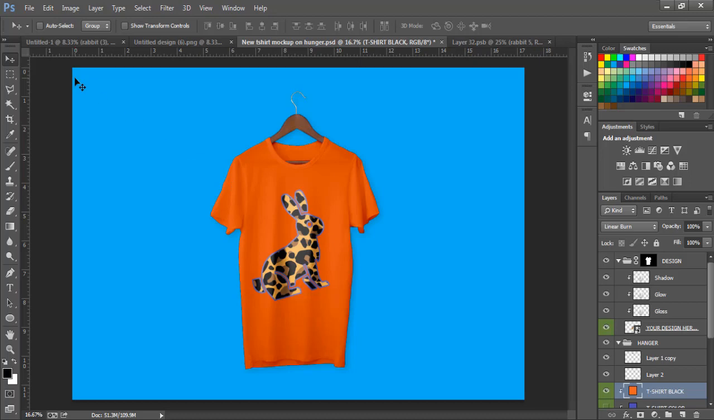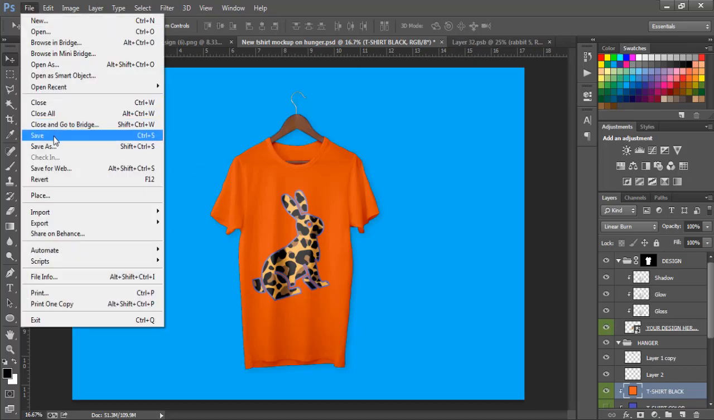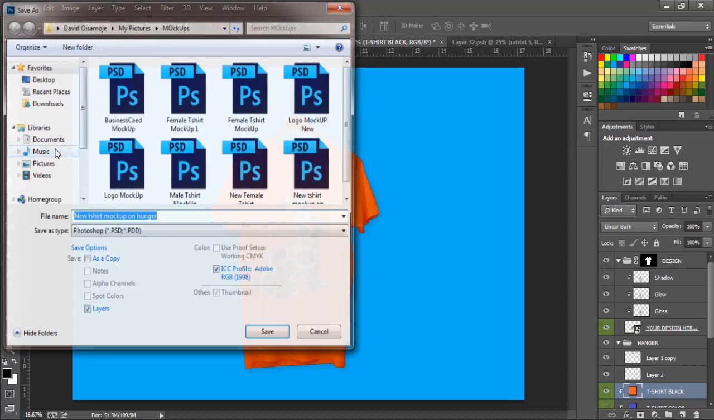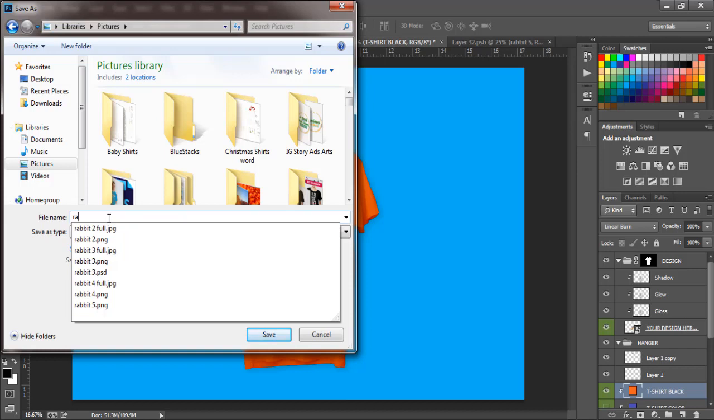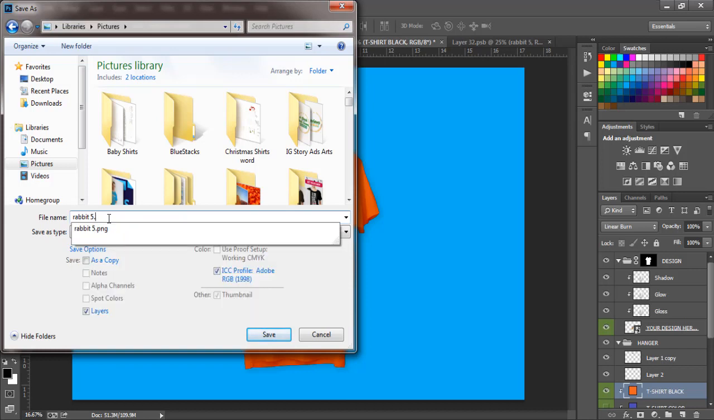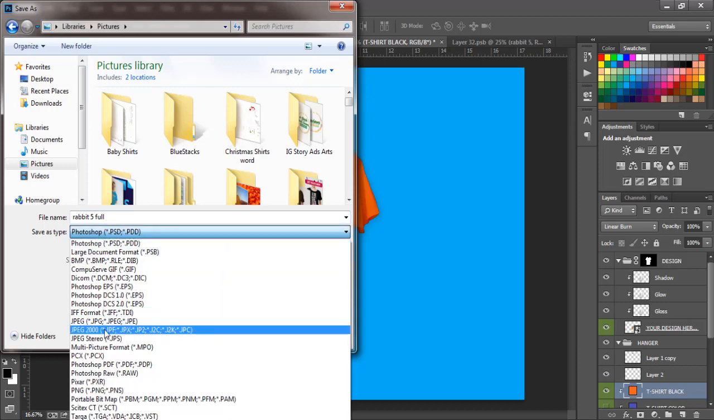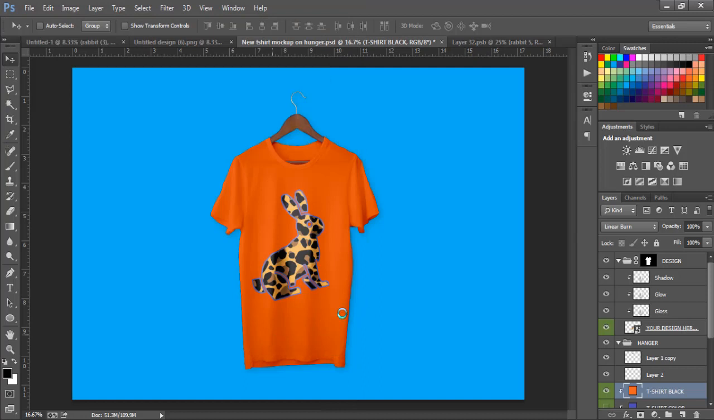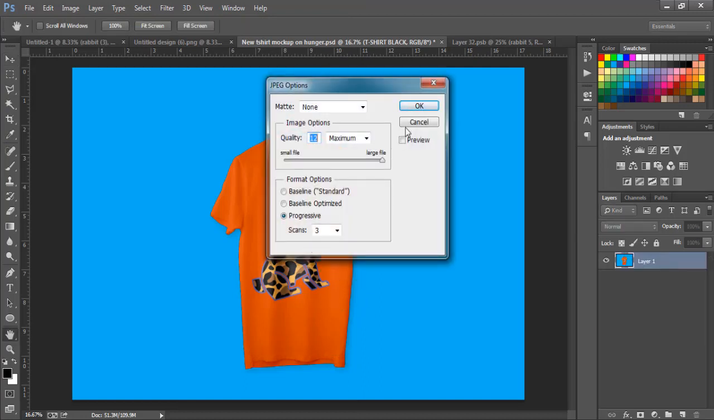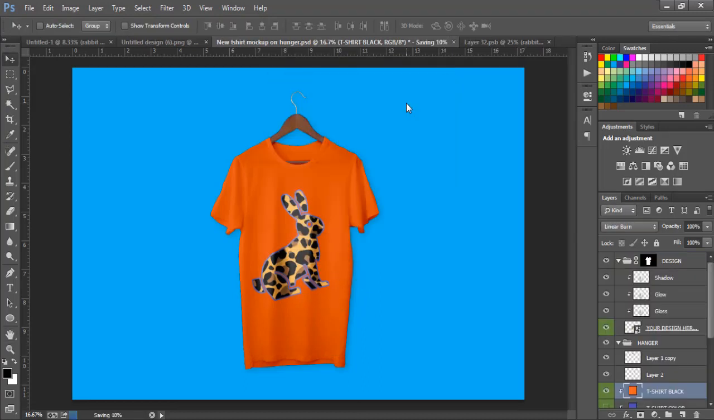Now we just save this. Once we save this, we'll be able to use this. So we'll save as picture, rabbit 5. Save it as JPEG. Now that we've done this, we can, once we've uploaded our designs to Redbubble, TeePublic, Teespring,